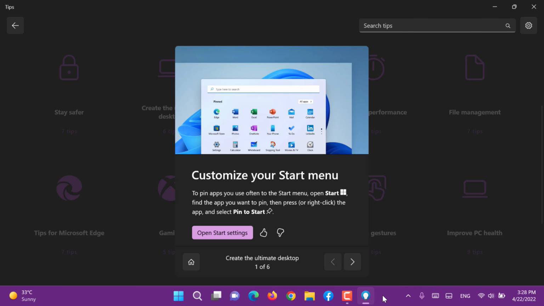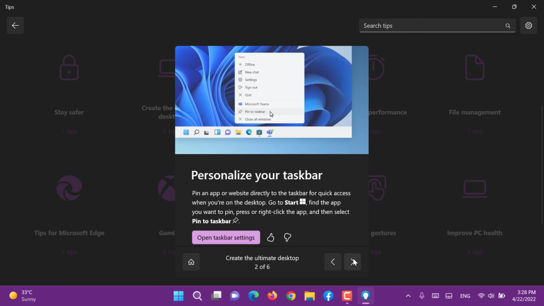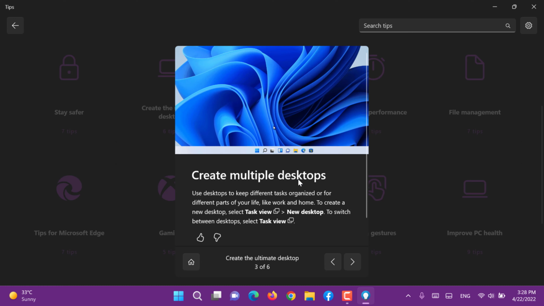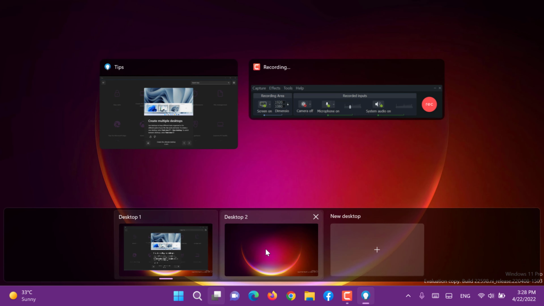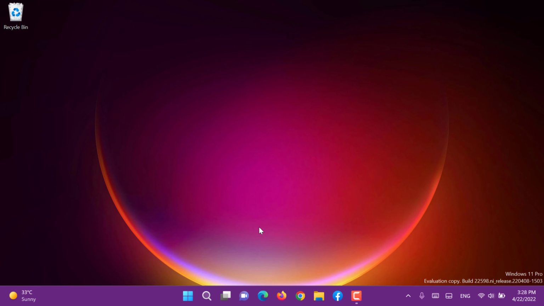You can swipe to the next one. You can personalize your taskbar. You can pin stuff to your taskbar. You can use multiple desktops. If you click there, you will see multiple desktops. We created this one yesterday. For example,